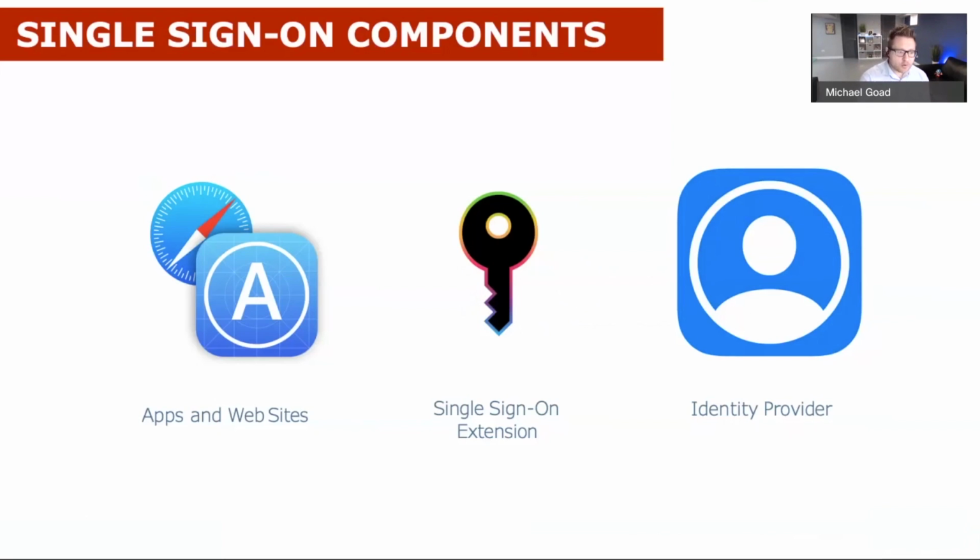An application has to support it, there's the single sign-on extension, and then the identity provider. The identity provider can be things like Active Directory Federation Services, Ping, or Okta. And then the single sign-on extension is an XML script. Your app developers need to enable this within their application, so they actually have to update the application. Apple has provided some XML code that they would need to enter in there, but essentially, if you go into your MDM console, which I'll show you in a second,